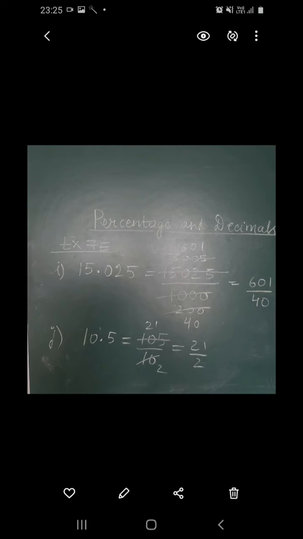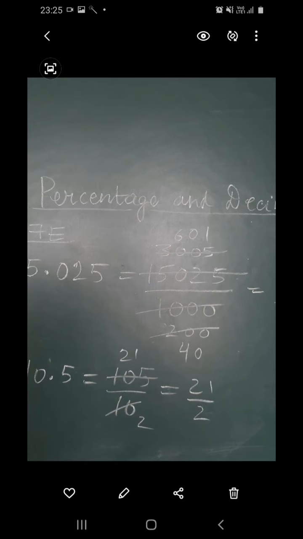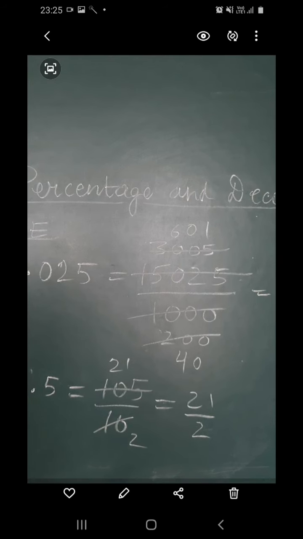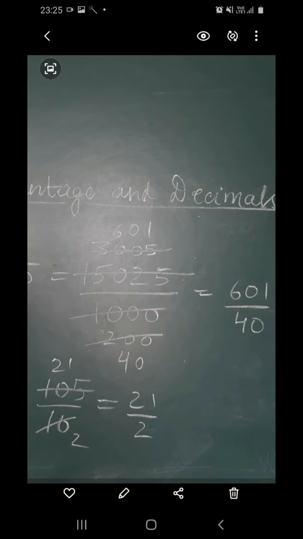And now the next option is option number I, that is 15.025. So 15.025 is also having 3 digits after the decimal point. So I have simplified like this. 5 3s are 15, 5 zeros are 0, then again 5 zeros are 0 because 2 does not come in the table of 5. Now 5 5s are 25. Then again 5 2s are 10, 5 zeros are 0 and 5 zeros are 0. Now in the same way 3005 will also be simplified. 5 6s are 30, 5 zeros are 0 and 5 1s are 5. And 5 4s are 20, 5 zeros are 0. So the final answer is 601 upon 40, which cannot be reduced further.